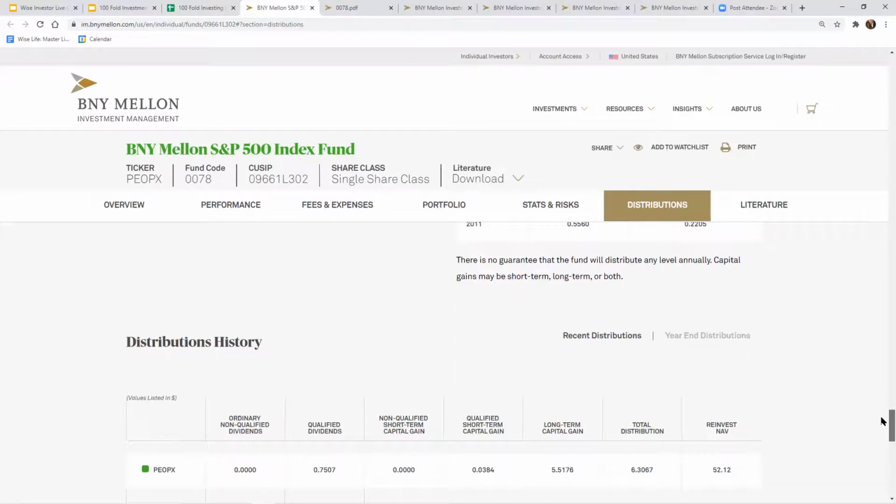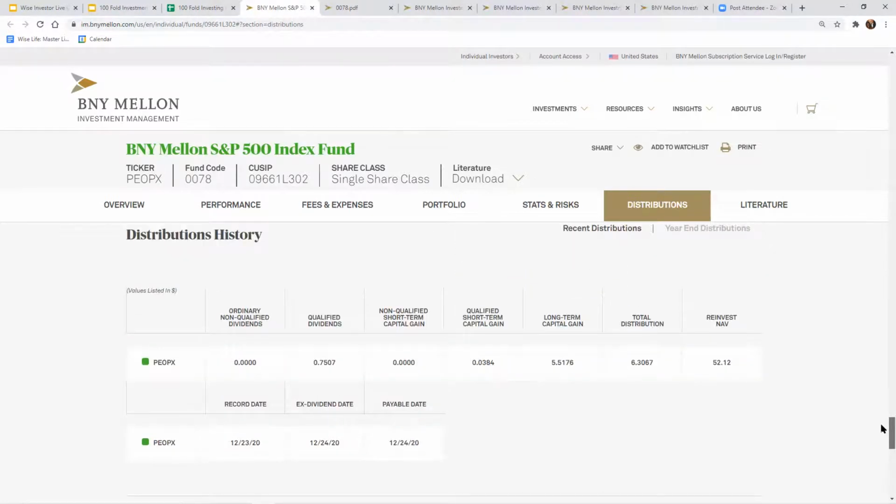Okay, so now we have our distributions history, which shows you exactly what I said. You have some dividends, you have some qualified short-term gains, some long-term gains, and then you have a total distribution on the back end. Then it tells you exactly when you're going to receive your money, right before Christmas. Hallelujah.